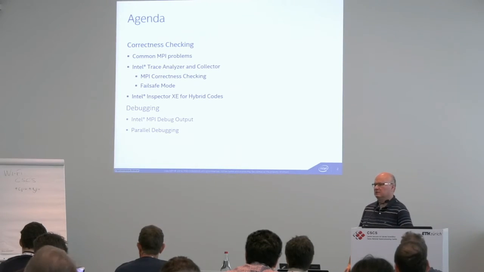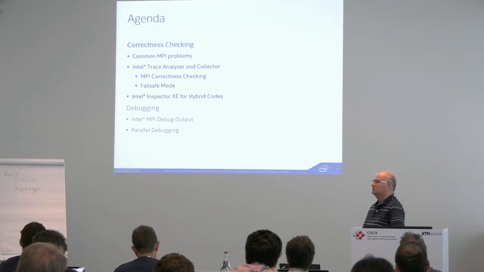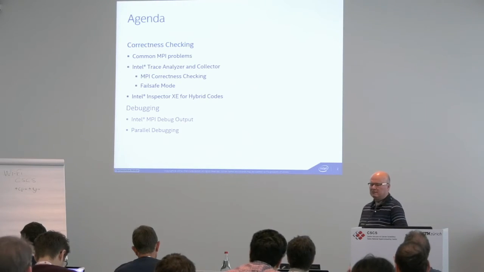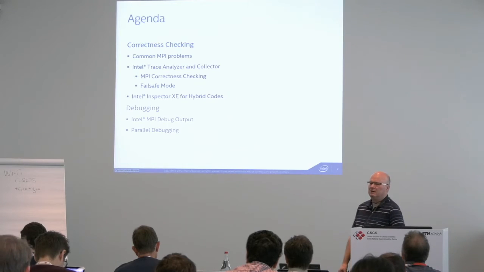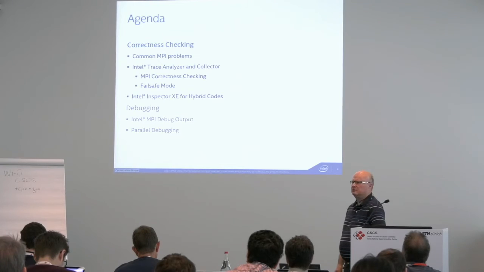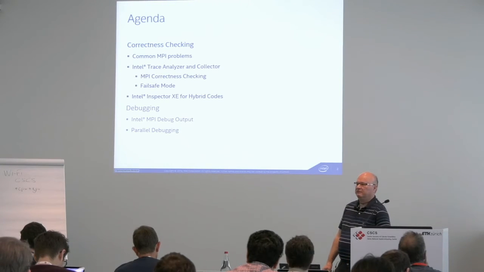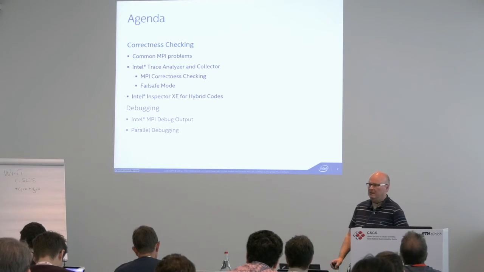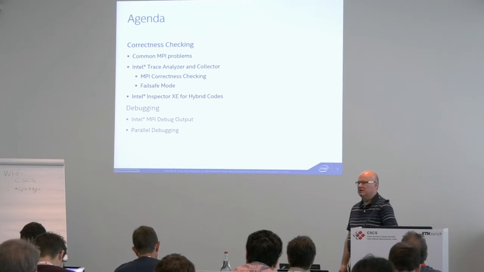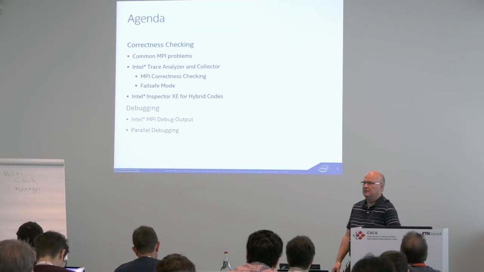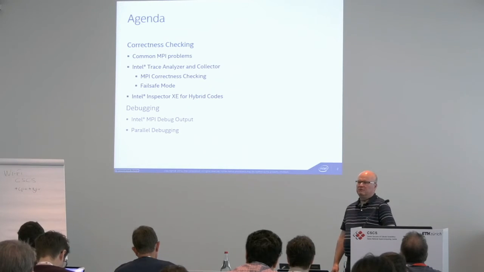With this tool, I would have immediately the position where everything was blocking. But this could, of course, be easily removed by using ISend and IReceive. But this is an easy way of finding a deadlock. Other things are more involved, and I would say the most involved problems you see in MPI programs is the request management. If you have requests in MPI send and MPI receive, and you do it not correctly, then the program might run